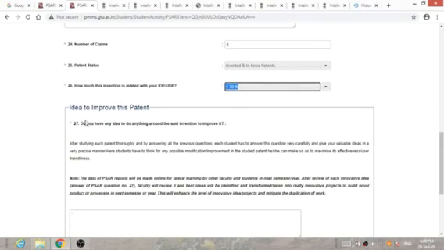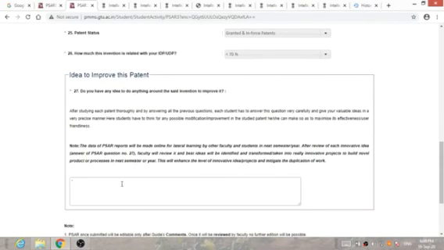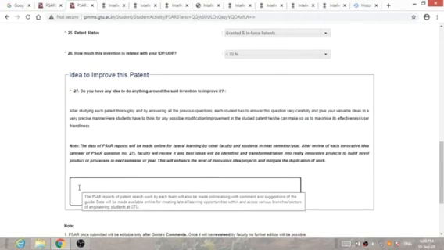The last question is, do you have any idea to do anything around the said invention to improve it? In question number 27, you have to give your opinion related to this particular patent.